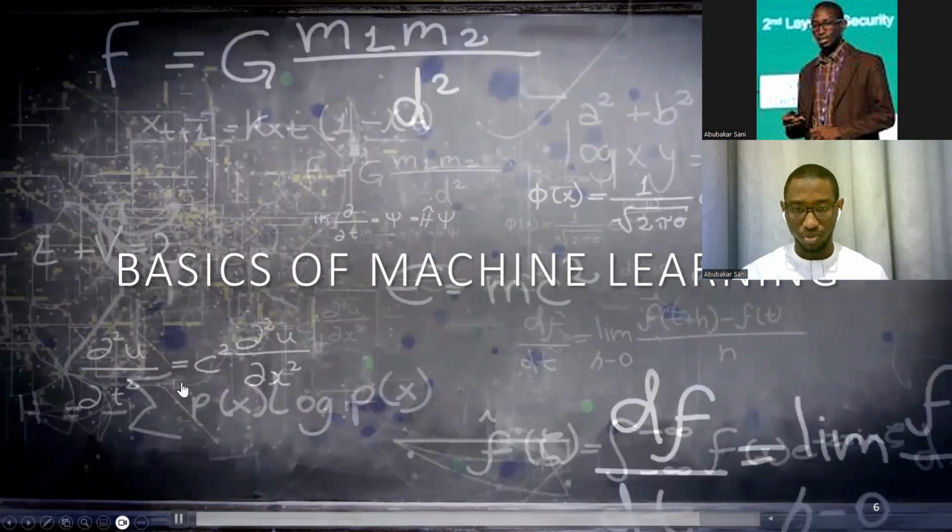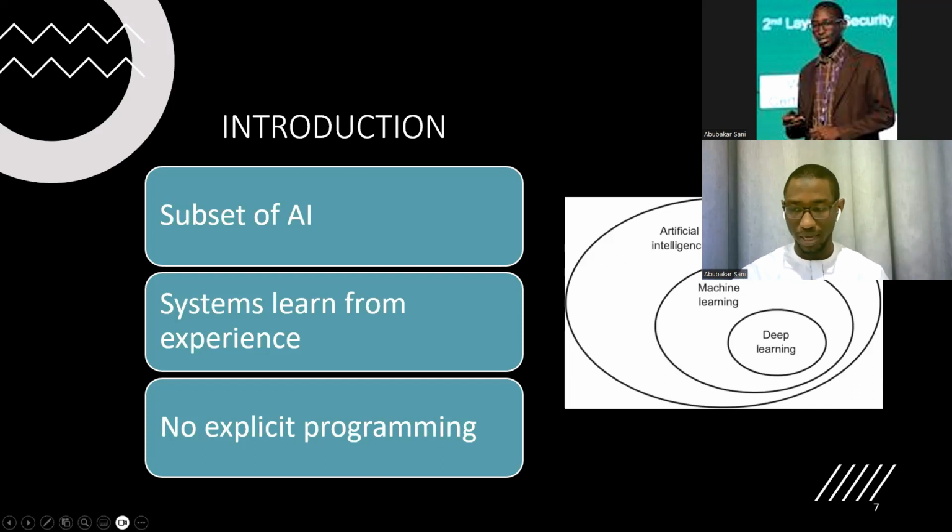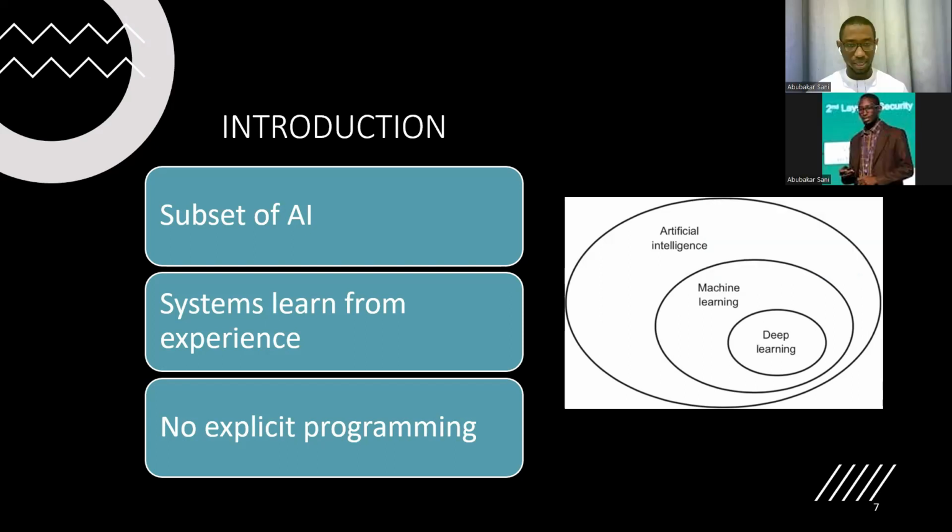All right. So machine learning. What is machine learning? Well, we have been hearing about AI, artificial intelligence. Then suddenly we started to hear about machine learning. So the question is, how are these two related? Is AI the same thing as machine learning or not? So AI is like the umbrella, and machine learning is just a subset of that umbrella. So it's part of AI.